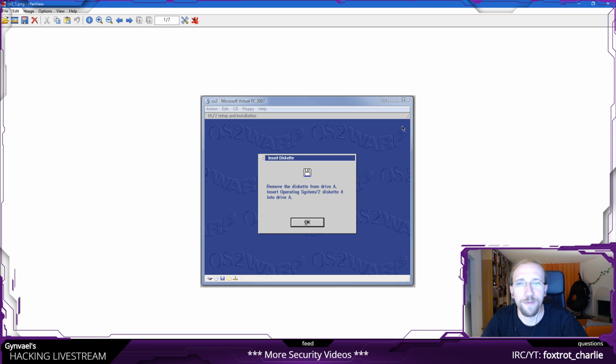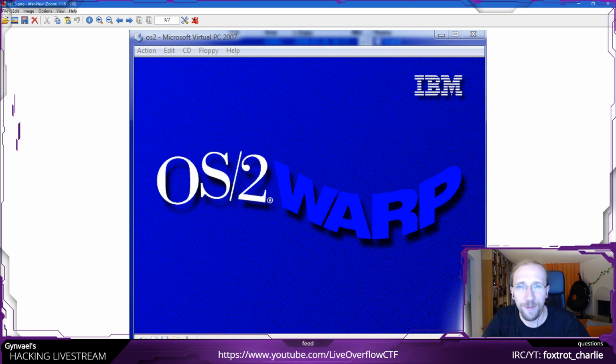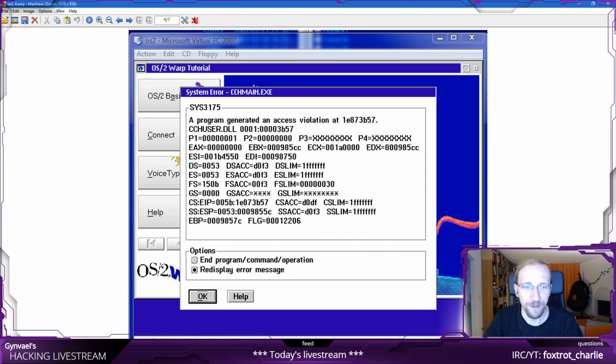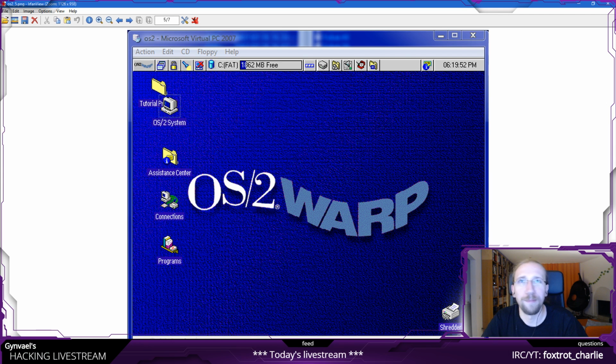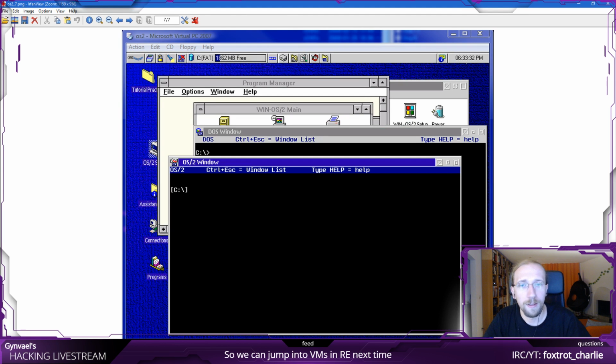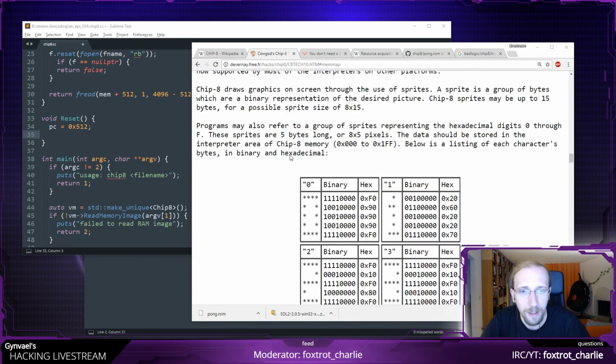Yes, I do have screenshots from... This is how the installer for OS/2 looked, one of the final versions of it. It even had a nice error-looking thingy. So yeah, it was an interesting operating system. It was somewhat compatible with DOS, by the way, so you could run some DOS applications on it, and I think some Windows 3.1 applications as well. And it had 3D chess. Again, it was a joint venture between IBM and Microsoft, that's why.